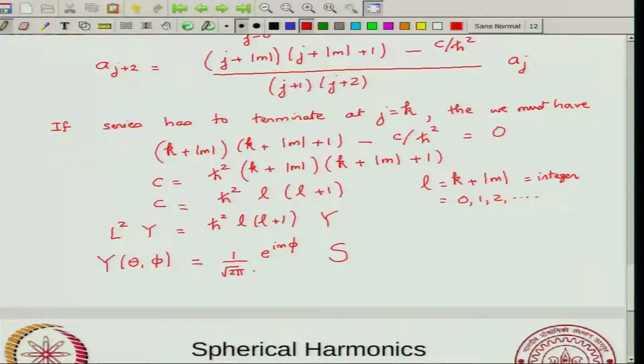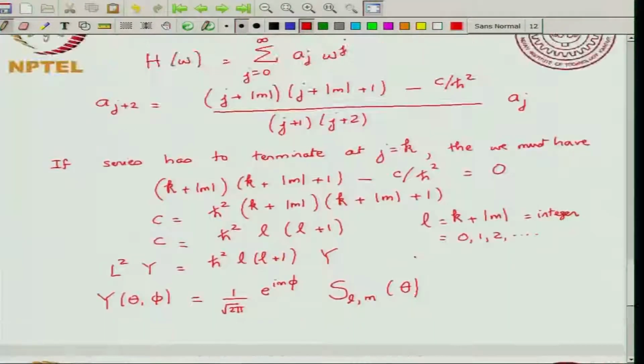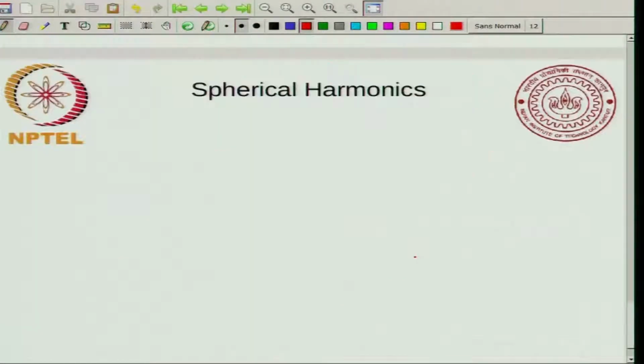Now your Y has this form: e to the i m phi times S, which depends on L and on m, S L m of theta. So this is a function of theta. What is this function of theta? It will be related to the polynomial that you get from the power series solution. You can show that S L m of theta is proportional to, we won't bother about the constant of proportionality,